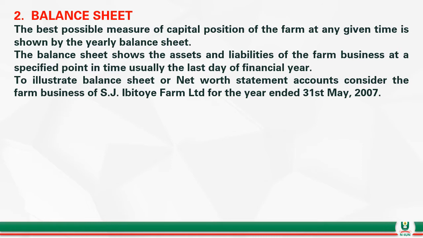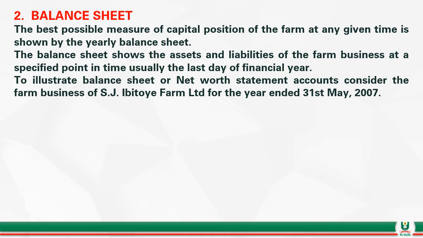The best possible measure of the capital position of a farm at any given time is shown by the yearly balance sheet. The balance sheet shows the assets and liabilities of a farm business at a specific point in time, usually the last day of our financial year. To illustrate the balance sheet or net worth statement, let us consider the farm business of J. Ibotu Farm Limited for a year ending May